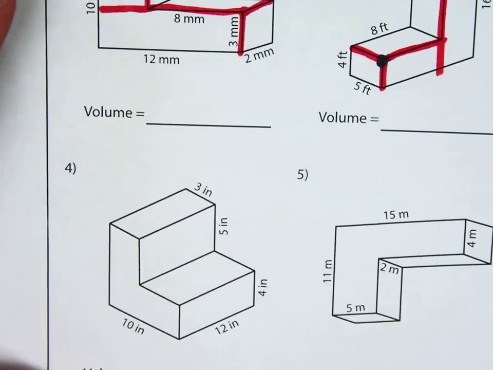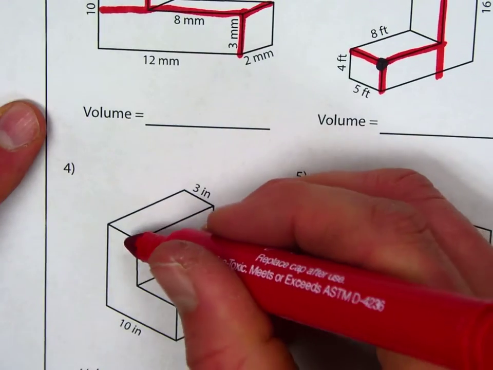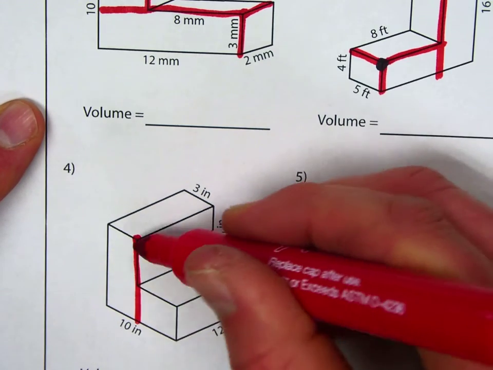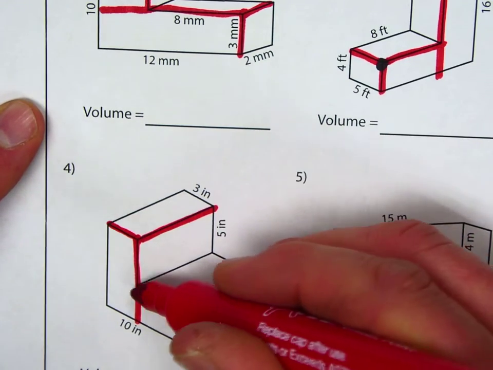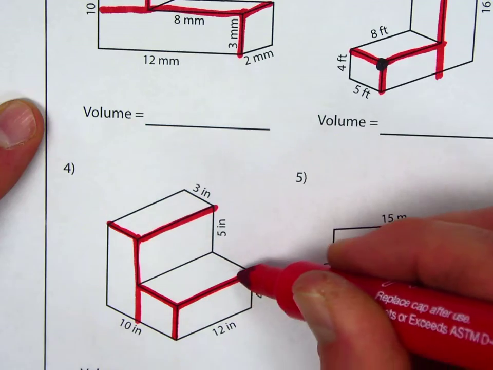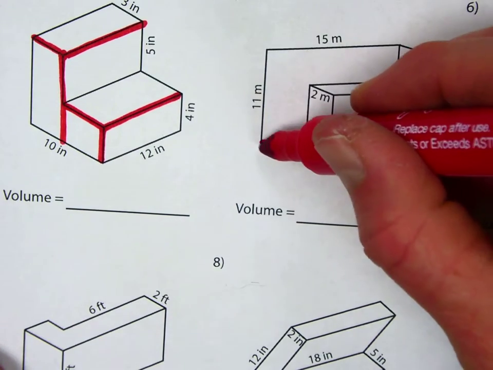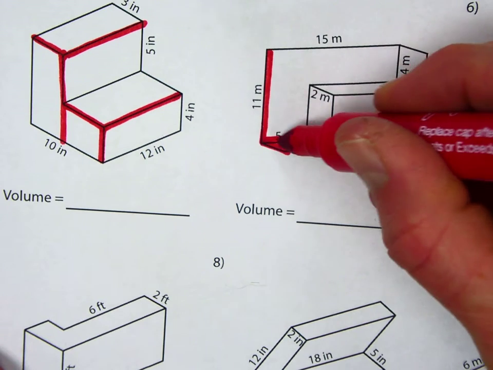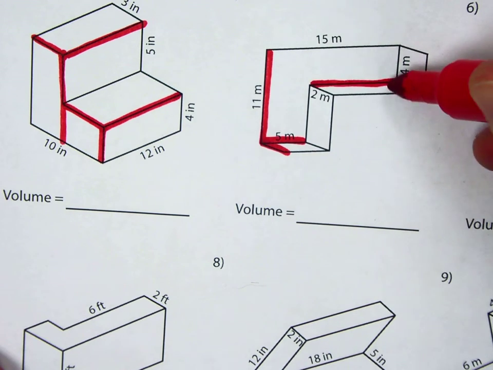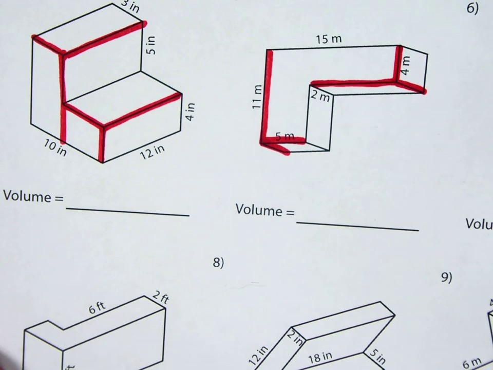So again, that's a strategy I would probably have students do on a worksheet all the way through like this. It's just identifying a corner and breaking it into 2 volumes where you can see you've got 3 dimensions uniting at a corner that's kind of in the foreground of the shape. Sometimes it might be kind of underneath like this one, but that's okay. You can do it off opposite corners like that. In this